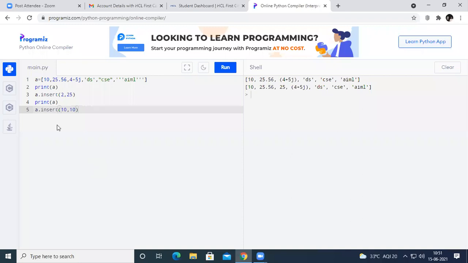So in the list A, we are trying to add the number 10 at index number 10. The list initially had 6 elements and one more element has been added, so in total 7 elements. If you have 7 elements inside the list, the maximum index value will be 6. So let us see the output here. If I print A and run the code,